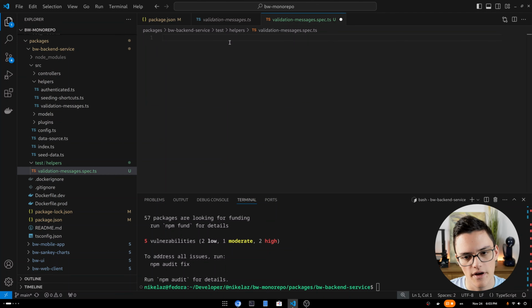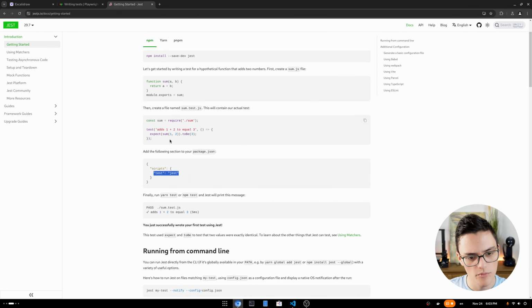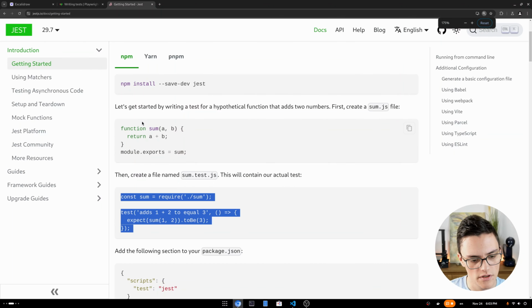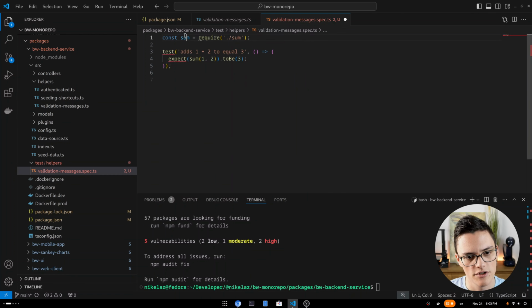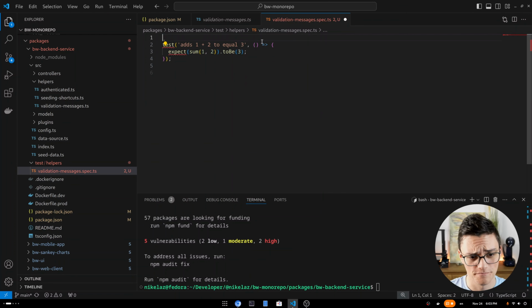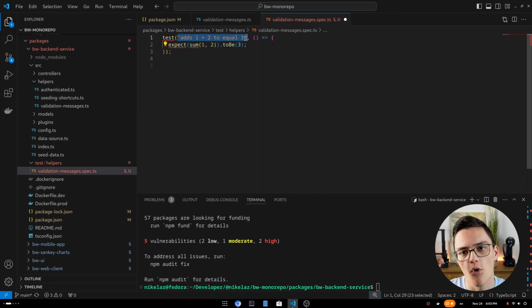What this file will do is it will import that function and then test it using a statement like this: test. Here's the sample test. Let me zoom. For this sum function, it imports it and then just uses the test. Jest has global functions, so you don't need to import them every time. Describe what you're testing, 1 plus 2 to equal 3 using the sum function, and it expects, this is an